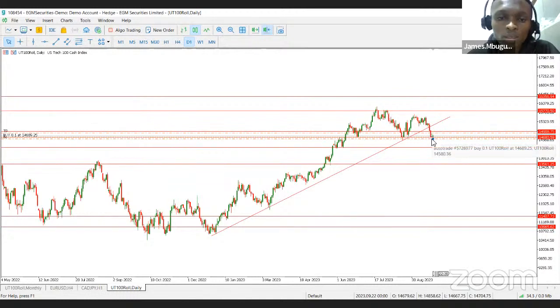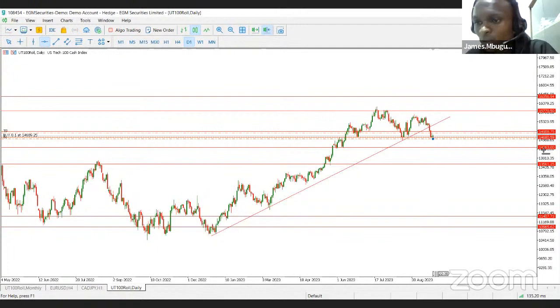So when we break outside an ascending channel, that means we have a high possibility of changing the trend. And that means I'm expecting it, at least it might continue to these prices of 1426 3.00, and also